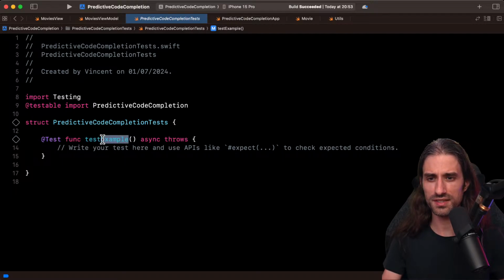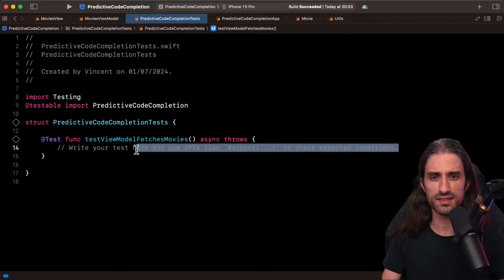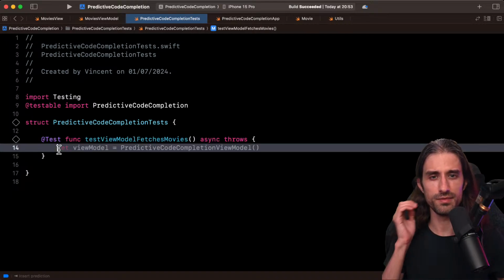So I'm gonna call this test view model fetches movies, for instance. And then let's see how it's going to work. Let's see if it's going to suggest anything. Here I'm genuinely curious to see what it's gonna do.